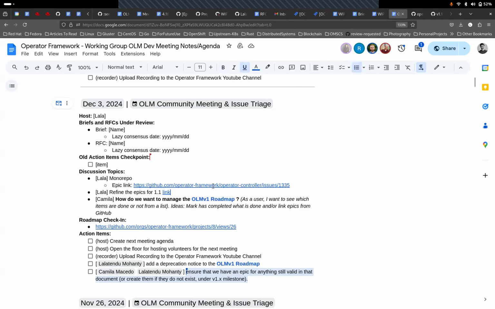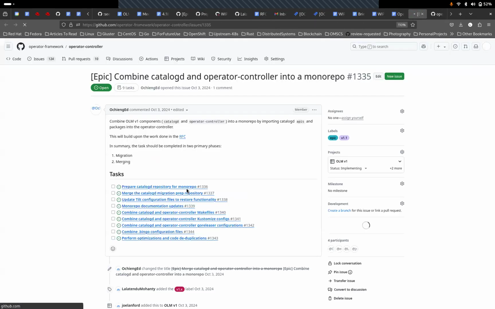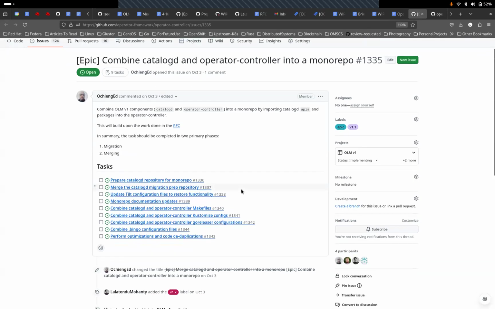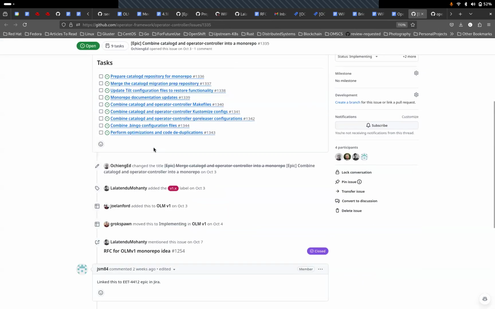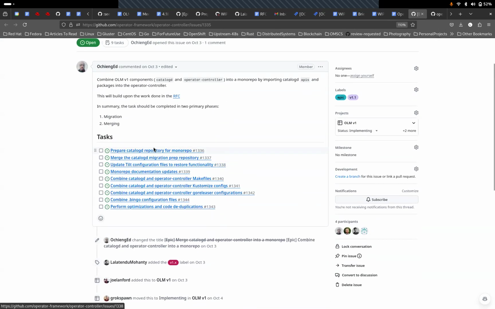I wanted to talk about the monorepo epic because Edmund has written the RFC. And yesterday we also had a little bit of discussion about this, and Rashmi was interested to contribute here, so we wanted to kickstart the discussion again. Even though we all reviewed the RFC when it was written, it's been at least a month now, or maybe more than two, and we need to consider